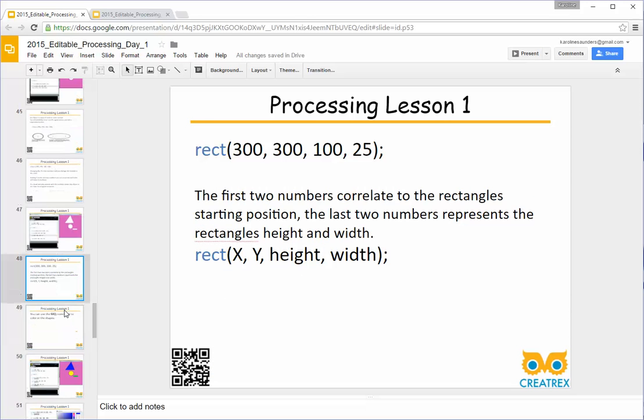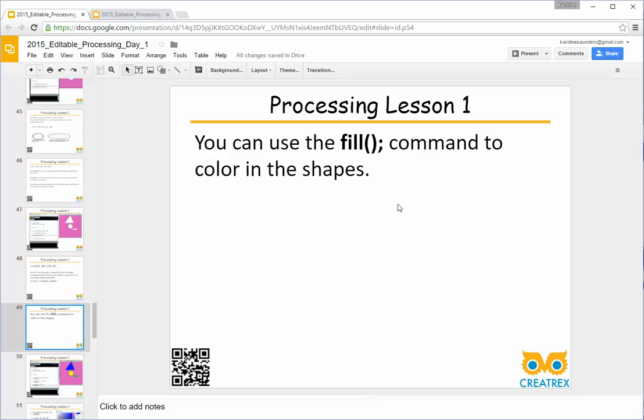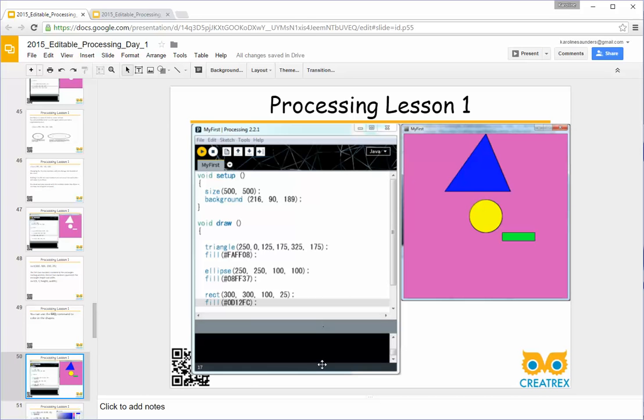Alright. So I already talked about that. And the next thing we're going to discuss is going to be our fill command. So just like before, we're going to type in